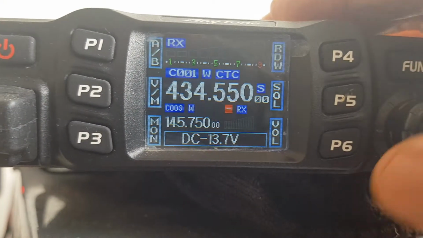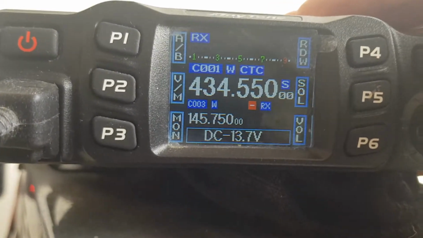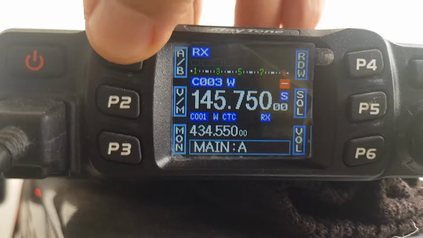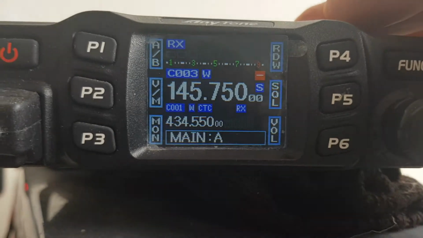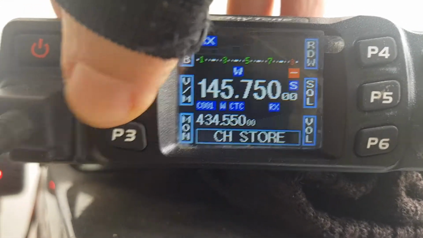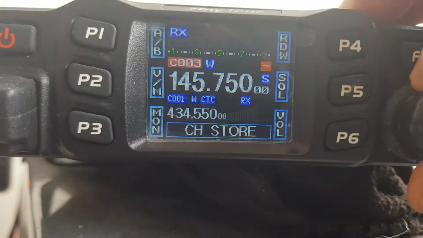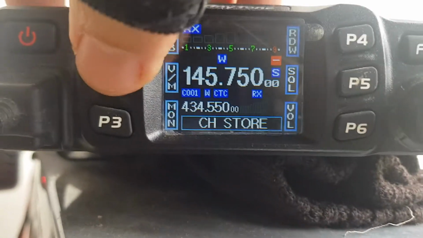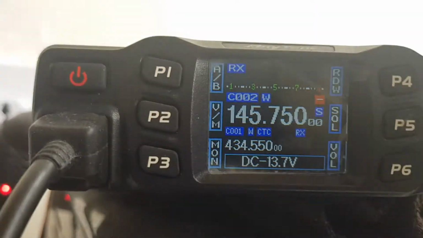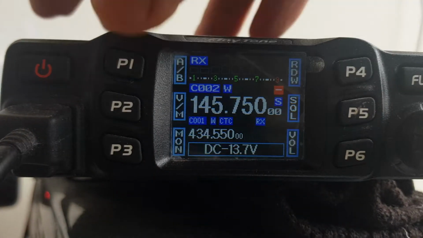Let's add another one. If we go to the B section, if I remember how to do that, P1 to go to B. Let's say we want to add that to our memory, so we'll hold down P2. Go to number 2, I think. Hold down memory. Job done. If we go back to VFO mode,